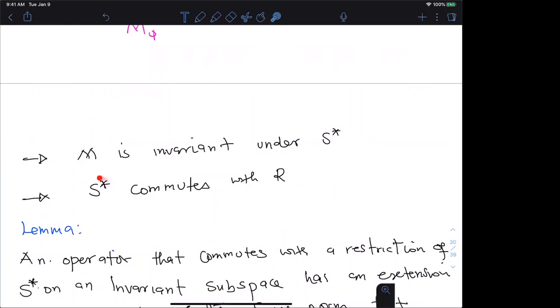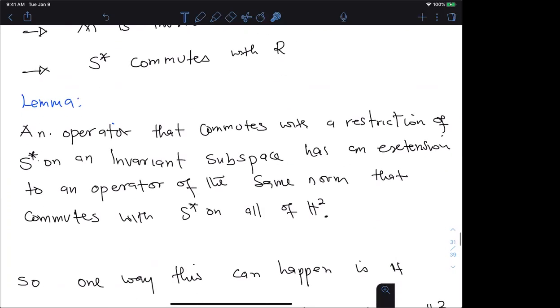And also S commutes with R. With a little effort, it can be shown that the adjoint of the unilateral shift operator commutes with the operator we just defined. So this lemma says that an operator that commutes with a restriction of S star on an invariant subspace has an extension to an operator of the same norm that commutes with the adjoint of S on the whole space. So since R commutes with S star on an invariant subspace M, it means that R